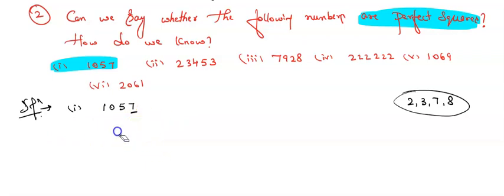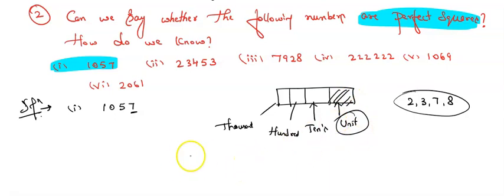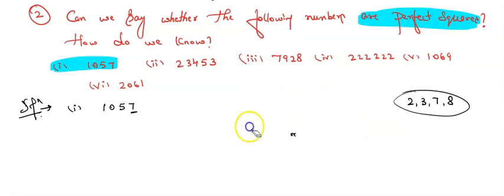or we can also call this as, I hope you know the number system, right? The first digit we call units. This is the units place. This is our tens place. This is hundreds place. This is thousands place, and it goes on. The first digit we call the unit digit, units place. So in 1057, which is there in the units place? In the units place we can see 7.